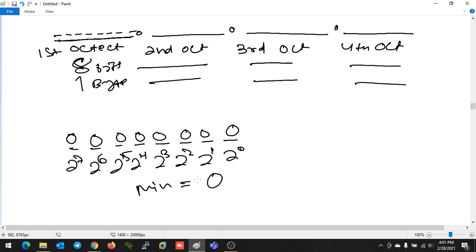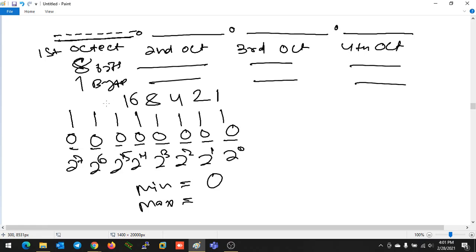So that is the minimum value. If I keep all the bits as 0, that is the minimum value, and in decimal it also comes as 0. And if I keep all the bits on, that will be the max value. So what will be the max value? If all the bits are on, 2 to the power 0 is 1, 2 to the power 1 is 2, 2 to the power 2 is 4, 2 to the power 3 is 8, 2 to the power 4 is 16, then 32, 64, 128.